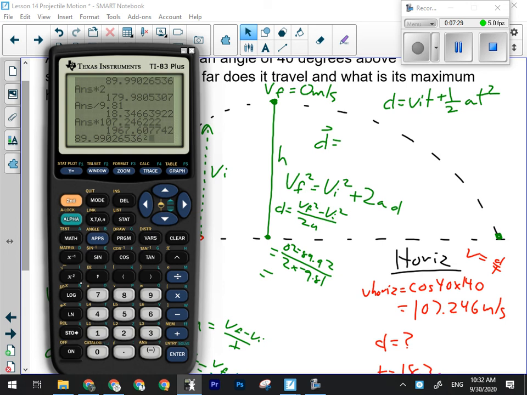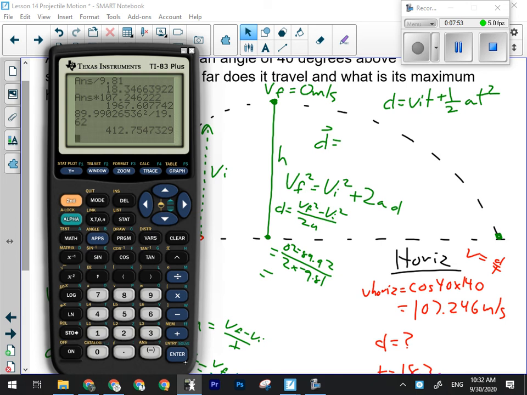0.2 squared, divided by 19.60. All right, so the maximum height of this cannonball is 4.1 times 10 to the 2 meters. So it's over 400 meters above ground level at its maximum height. The other way we could have done this was to use d equals v_i times t plus 1/2 a t